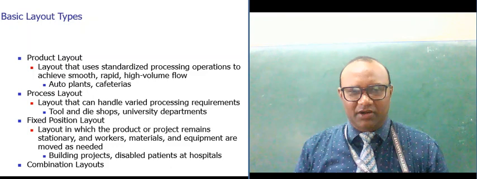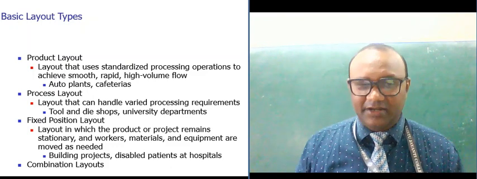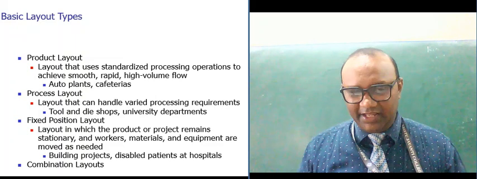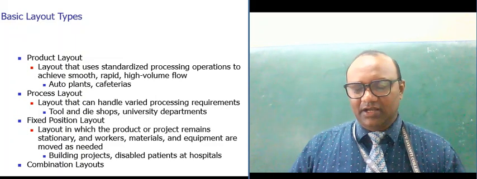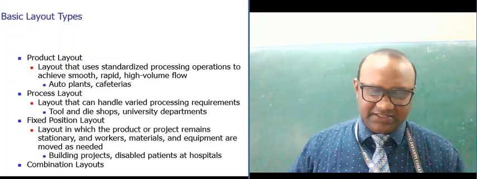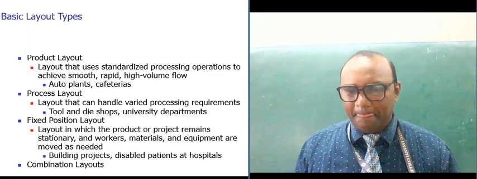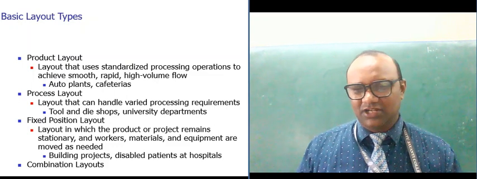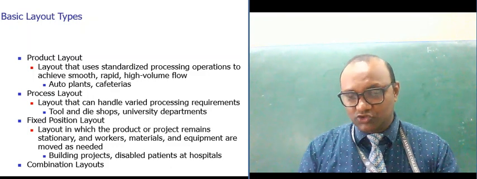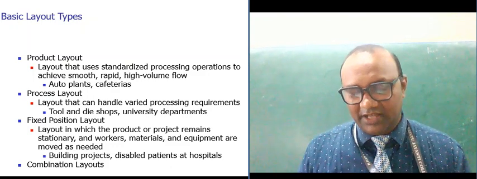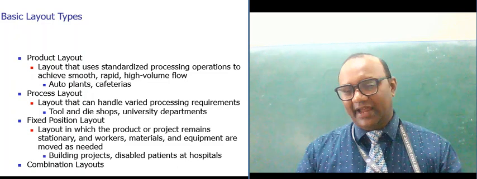So these are basically the four general types of basic layouts that you could see. Depending on the nature of your product, depending on the volume, depending on the variety, and depending on the design logic that is involved in the layout aspect, many things that we discussed in the earlier part of the video, keeping all of that in mind, a factory owner and a production manager will have to think about what's the right kind of layout that will be helpful and useful for setting it up, and then making sure that the firm is able to get those kind of returns that they're looking for by installing the right kind of